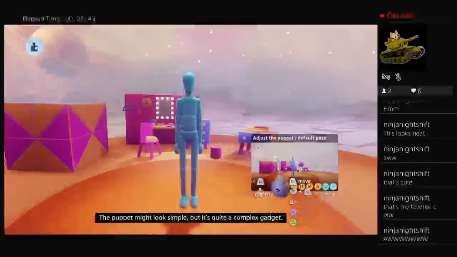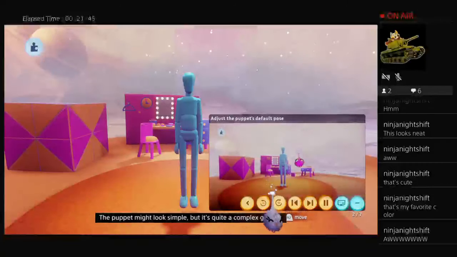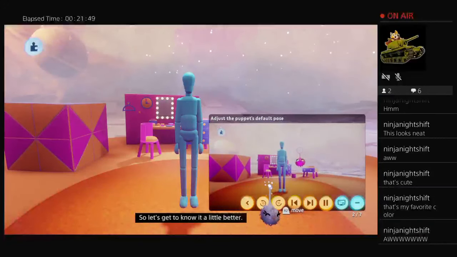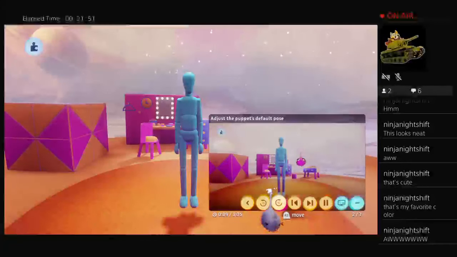The puppet might look simple, but it's quite a complex gadget. So let's get to know it a little better. It's made up of many